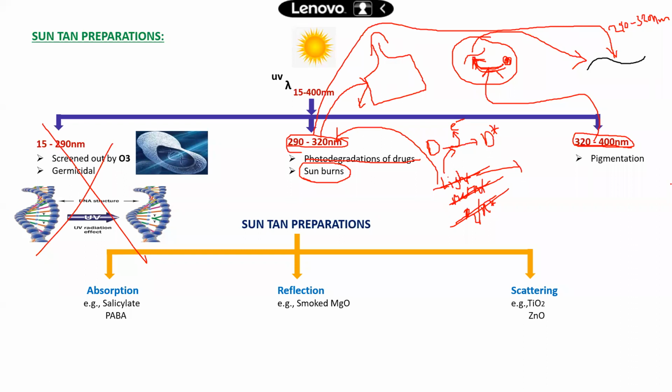Next, once it comes out and exits, this melanin pigment can absorb the 290 to 320 nanometer, thereby Langerhans cells are well protected. But this process takes 2 to 3 days, friends. So first of all, synthesis by absorbing this UV radiation, second, release. This needs 2 to 3 days time. Immediately is not possible. First synthesis, second release.